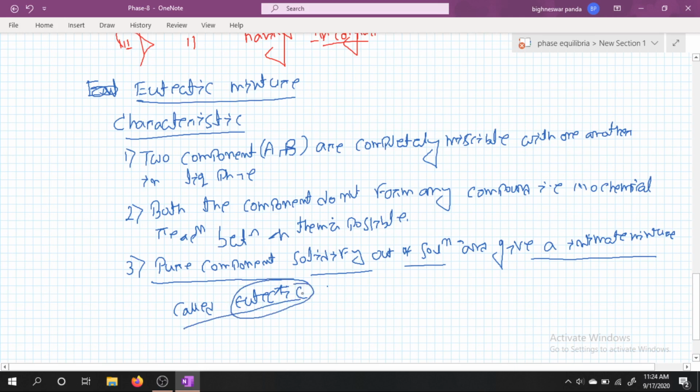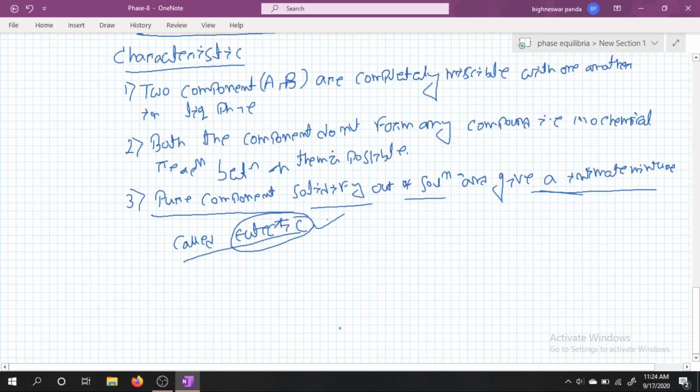So we have to study this intimate mixture and what a eutectic is. So let us consider we have two solid components A and